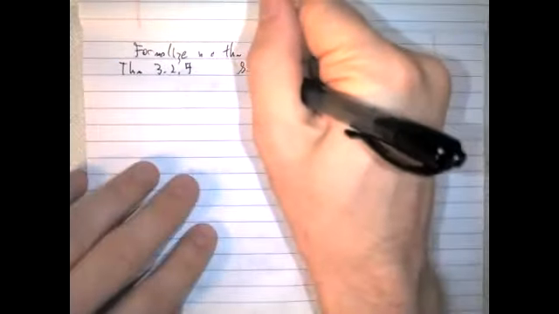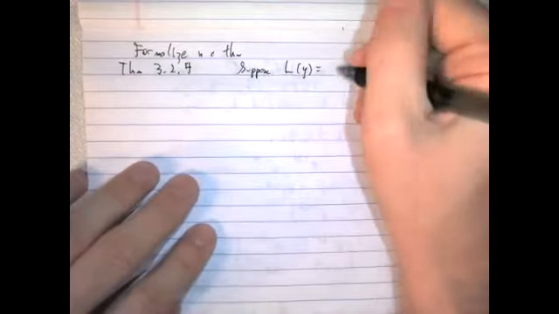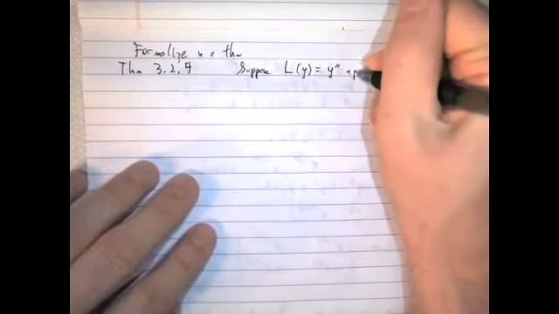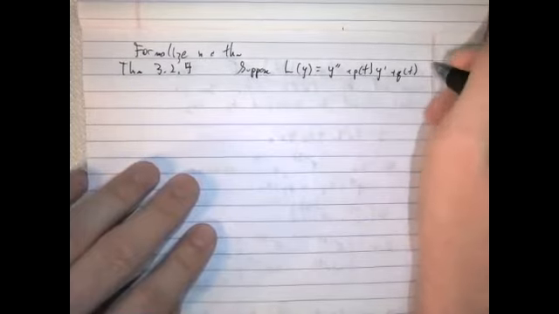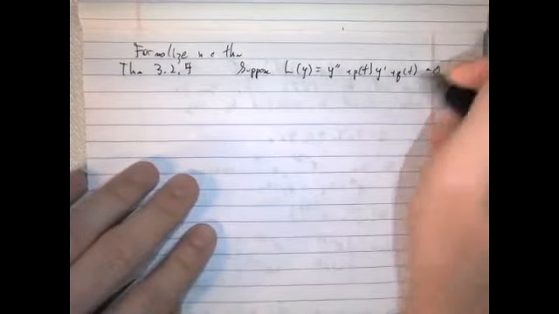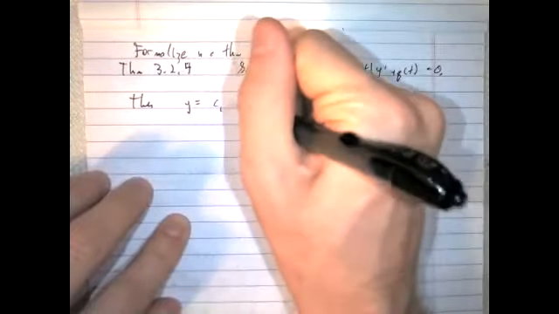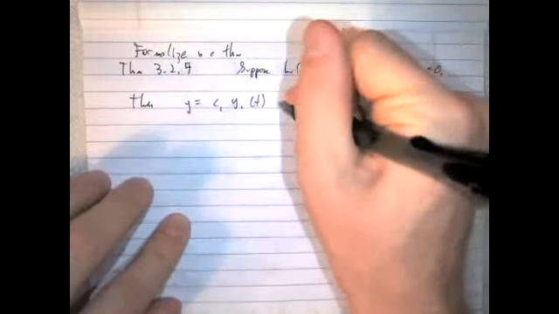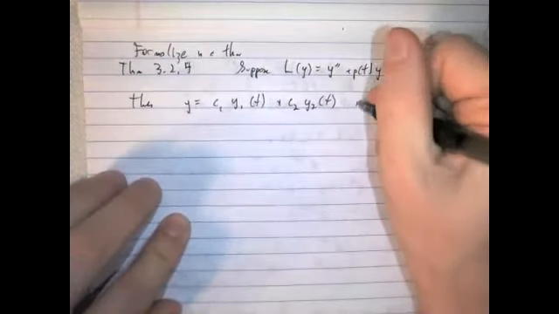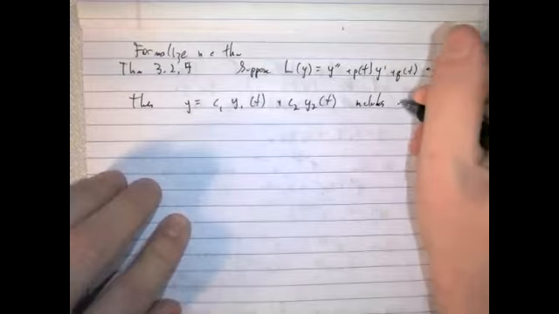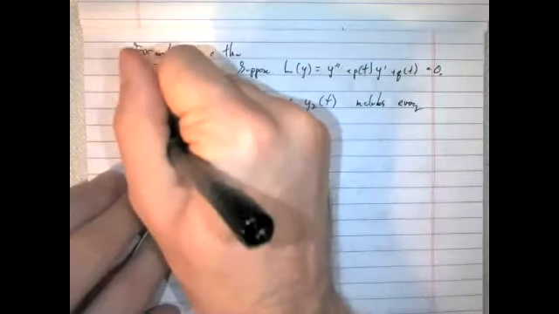Suppose L of y is equal to y double prime plus p of t, y prime plus q of t, y is equal to 0. Then y is equal to c1 y1 of t plus c2 y2 of t includes every possible solution